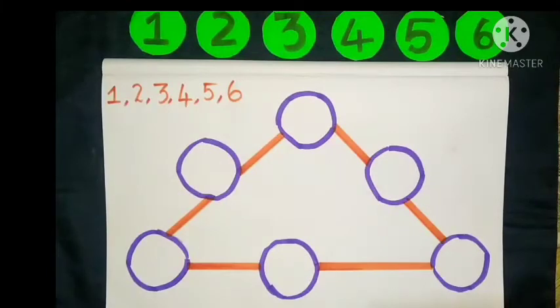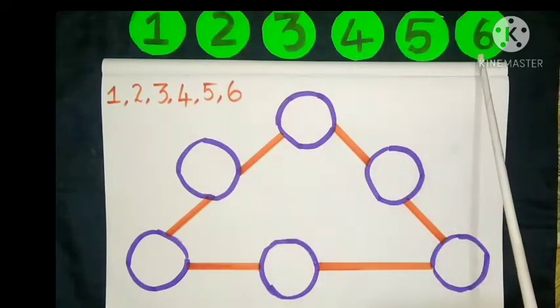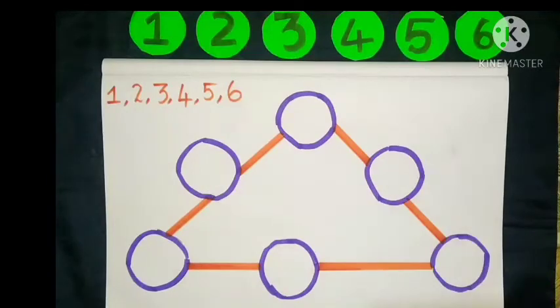Third sum. In the following magic triangle, arrange the numbers from 1 to 6 so that you get the same sum on all its sides. Students, magic triangles are also very interesting in a similar way, like Sudoku. In a magic triangle, numbers are to be filled without repetition on the sides of a triangle, so that the sum of each side remains the same. So, fill up the circles with the numbers 1, 2, 3, 4, 5, 6 without repetition, so that each side of the magic triangle adds up to 12.